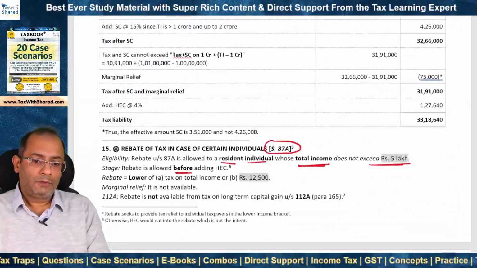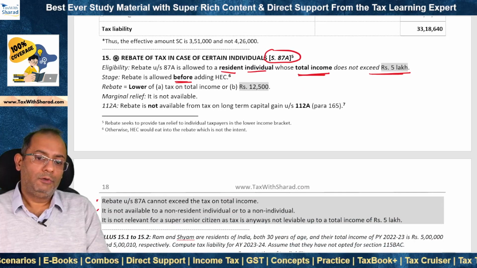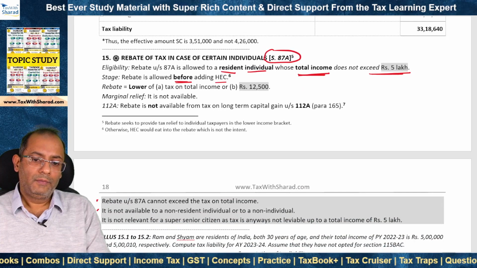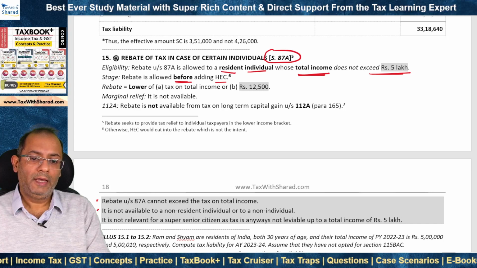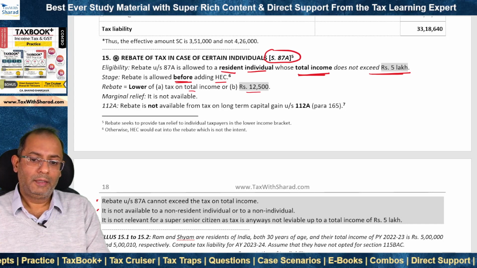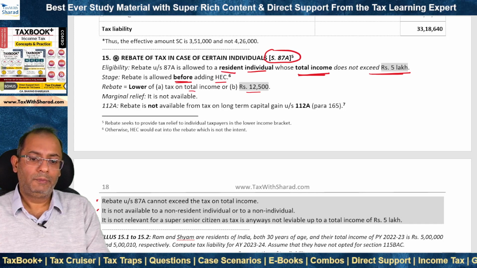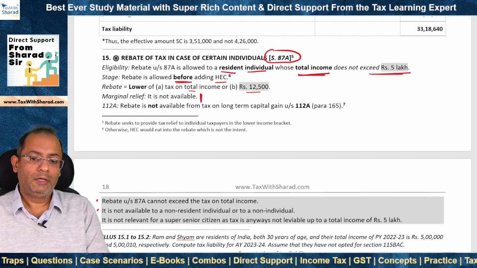Okay, so the stage of allowing rebate is to allow it before adding HEC, that means cess. And what is the amount of rebate? Rebate is the lower of tax on total income or rupees 12,500. Okay, so the maximum amount of rebate is rupees 12,500, and as we discussed above, marginal relief is not available